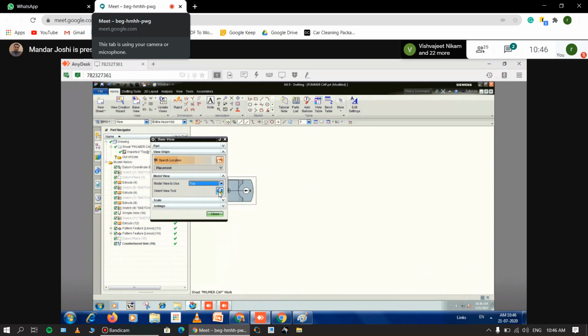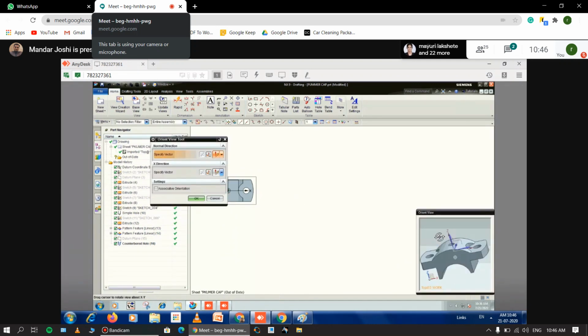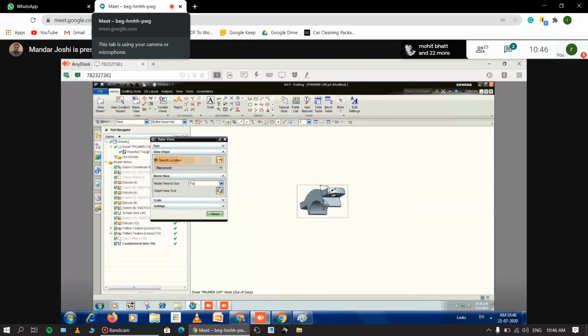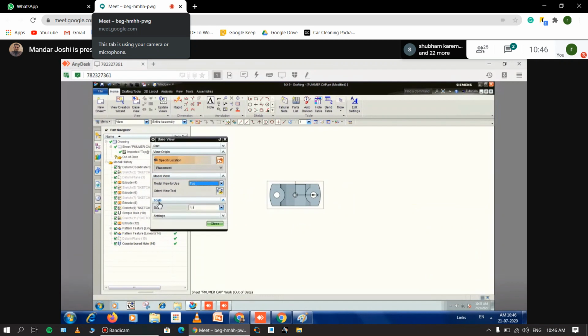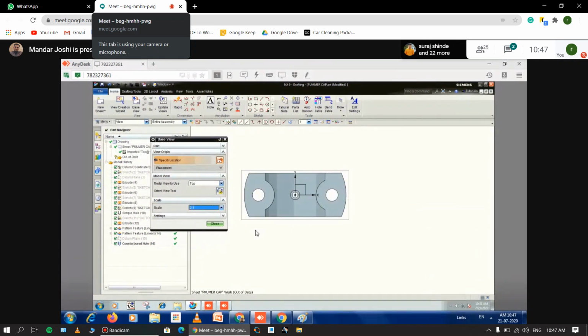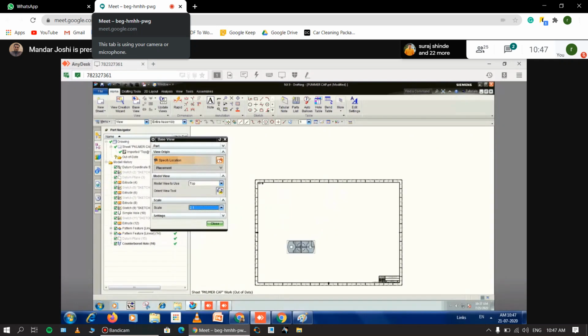And if you want any random orientation of the view, use this Orient View tool. Here you can just move this model. Suppose I want to plot like this and I click on OK. So the view is plotted in this fashion. But standard view orientations are available here. So I need to take the top view now. So the top view is created. After that, scaling factor. I enlarge the scale using 2:1 here, so that it is a little bit big. Okay. After that, I can increase it more. No problem. Okay. So I can put it here.